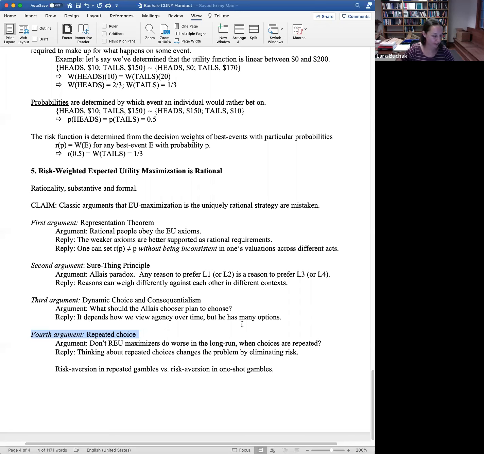And that's why, for example, the person who puts more weight on worst case scenarios will behave pretty similarly to the person who puts more weight on best case scenarios if, for example, they're playing the stock market or playing a game of poker, because that consists of a lot of choices that over time eliminate the risk. But the person who puts a lot of weight on the worst case scenario versus the person who puts a lot of weight on the best case scenario are going to make really different choices when it comes to, say, their careers or who to marry or where to live, these kinds of choices that you can only make once.